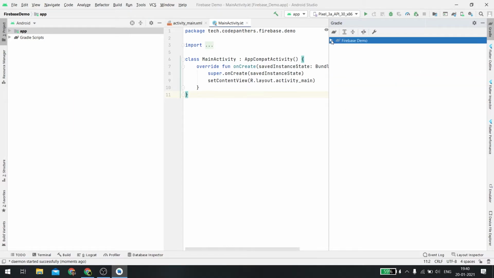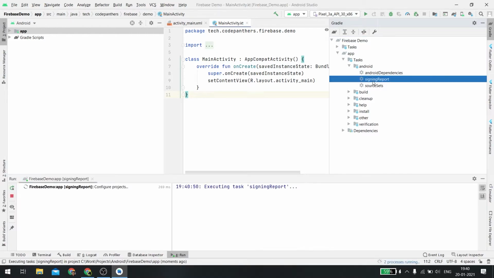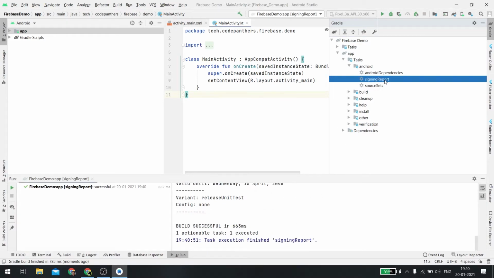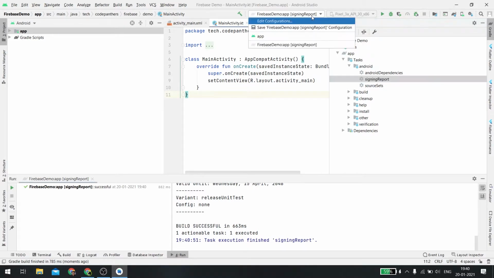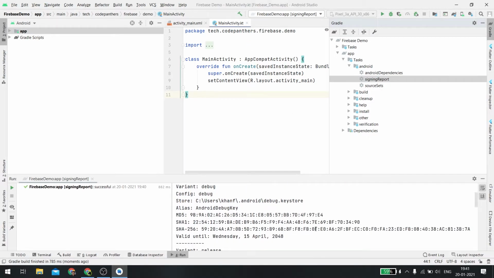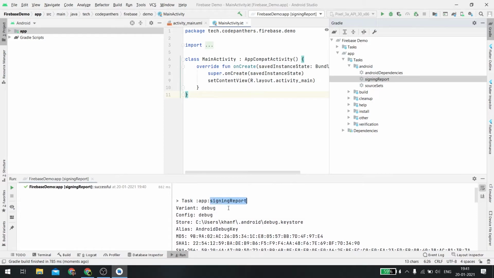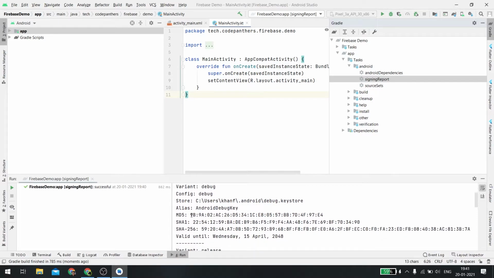I will repeat myself again. First of all, go to Gradle, then your project name expanded, then the module name that you see here as well. So it will be app, then open tasks, then go to Android, and finally double click on the signing report. So this is basically a Gradle script which will be automatically updated. See, this is the project name colon module name, and this is the script signing report. When it is executed, it will create these signing reports. Using its signing reports, it will create some debug keys.